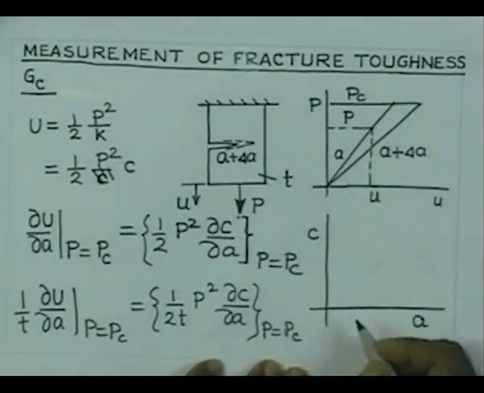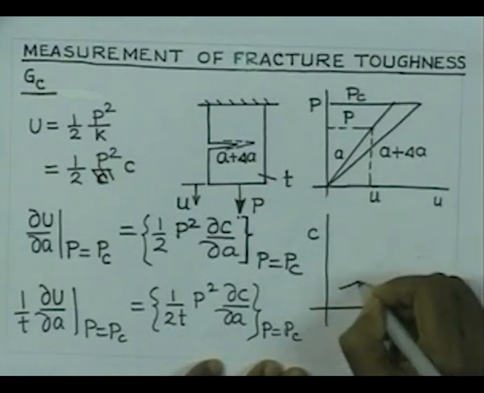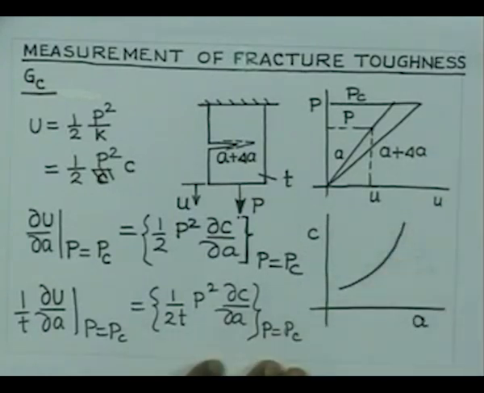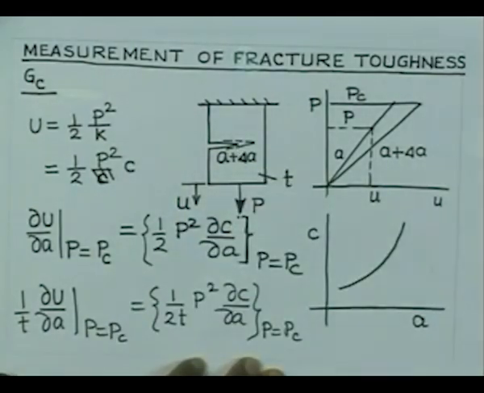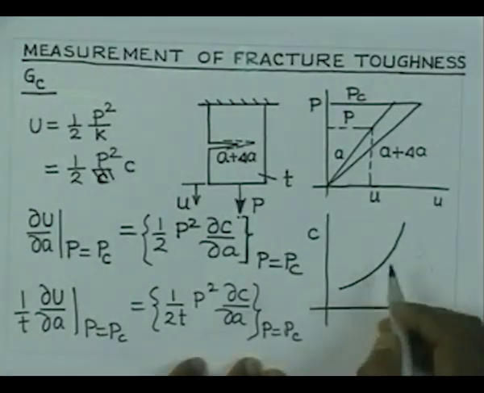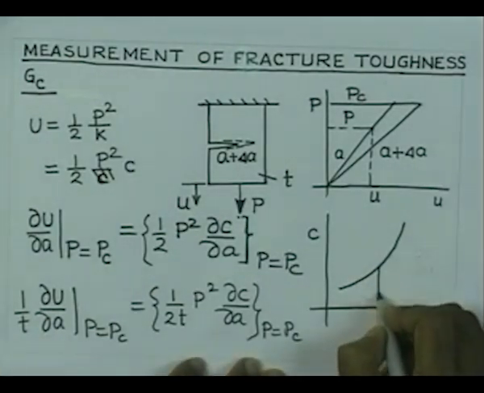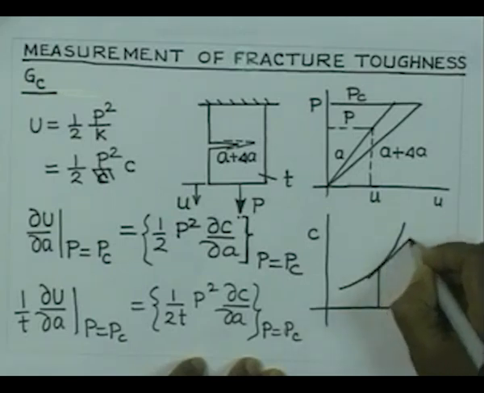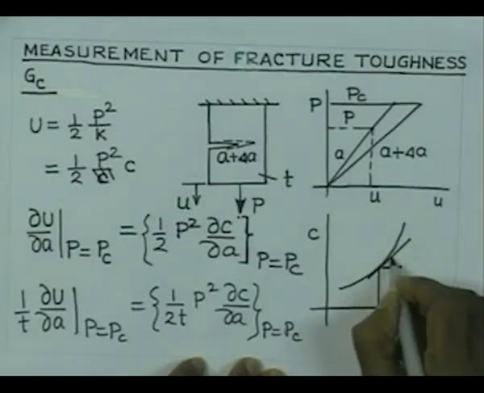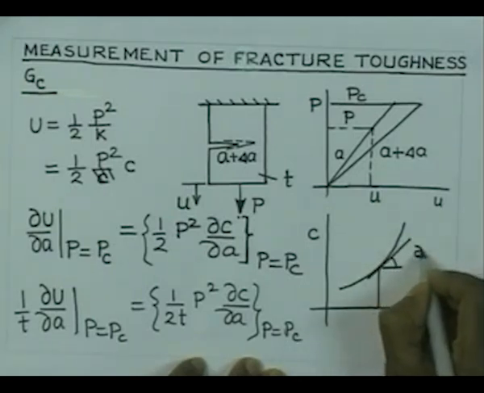So, we can plot a curve, and this curve will be looking something like this. And if you are trying to do an experiment with a specific crack length A, you can find out what is going to be the slope of the curve, delta C delta A,